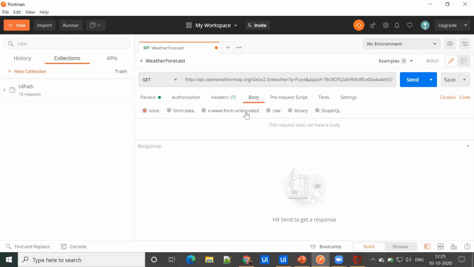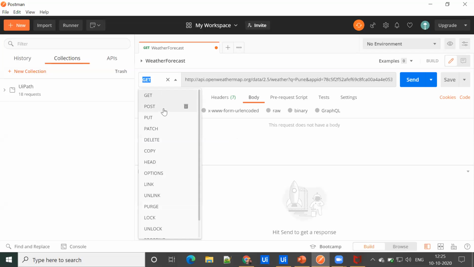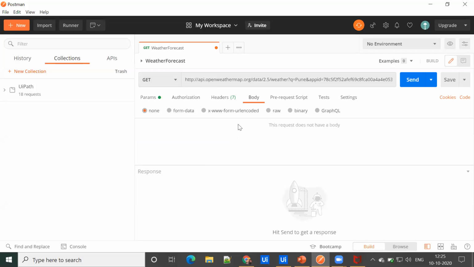Then comes the body. We can provide a body over here whenever we are creating any resources with the help of API. But as of now, we are getting the data. We mostly use the body section when we are using the POST or PUT method, so we don't need to use body.